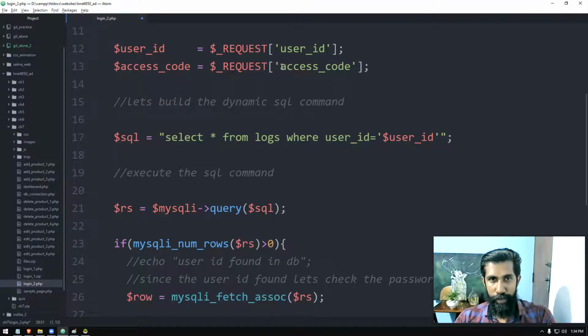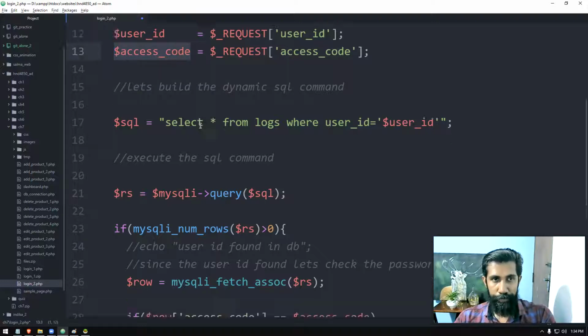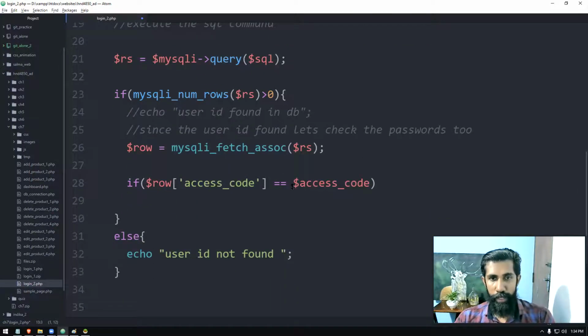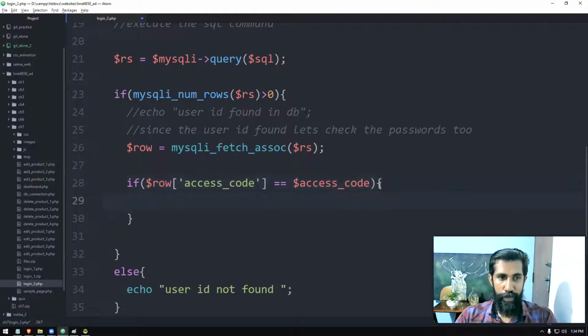That is what is getting copied to the access code variable here. That variable's value is what we are checking here. So if this is matching, it means the database column value is matching with the user's input password value. So it's 100% sure the same password was entered.